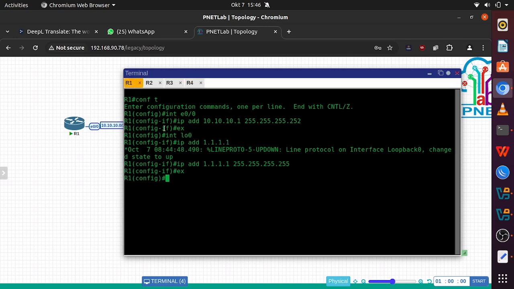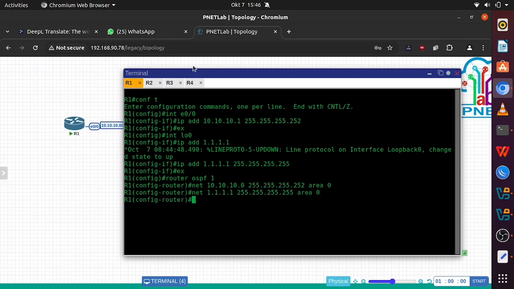After that we're going back to router 1 and configure dynamic routing. First is router OSPF 1, and also don't forget to put in every device that is connected to each other, which means we put in the network IP address.